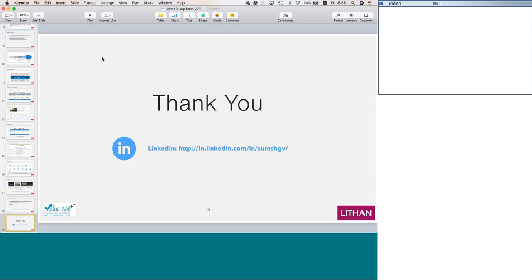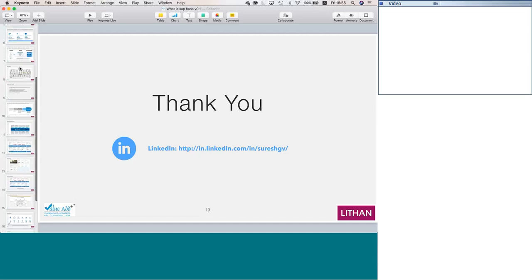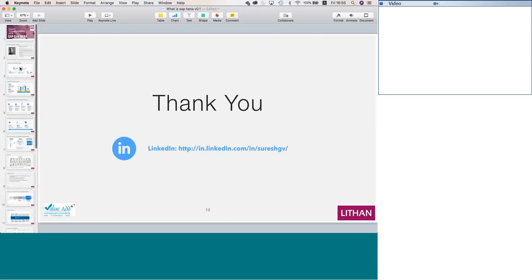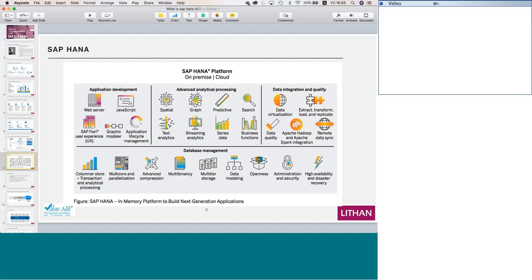So basically, if I have to summarize what I am talking about, how Lithan can help me get certification: you go to opensap.com. You don't need anybody. Of course, certain other courses, like the advanced courses, will still go through classroom session and certification. But the basic courses are now being offered free of cost, which Lithan encourages you to use.